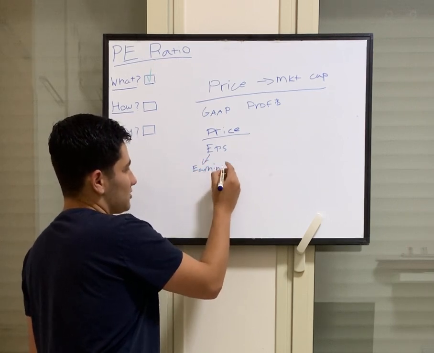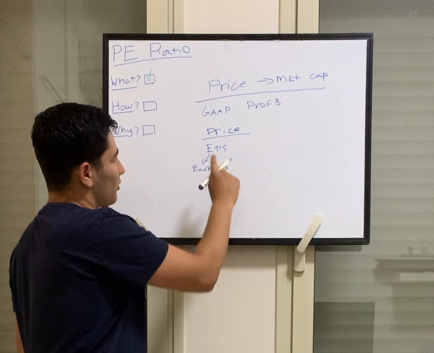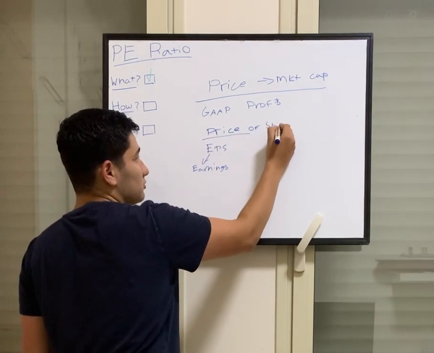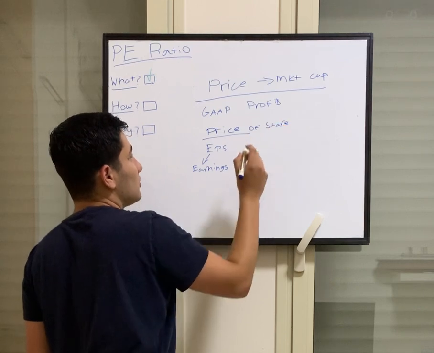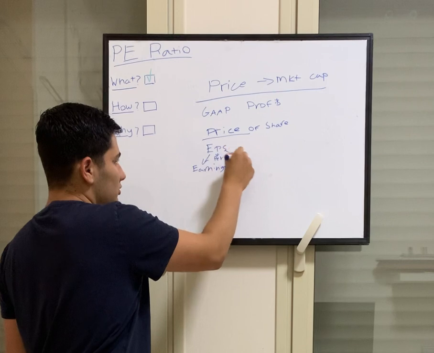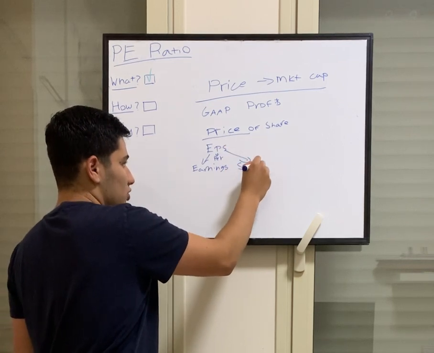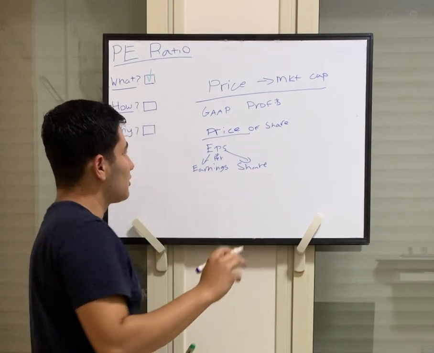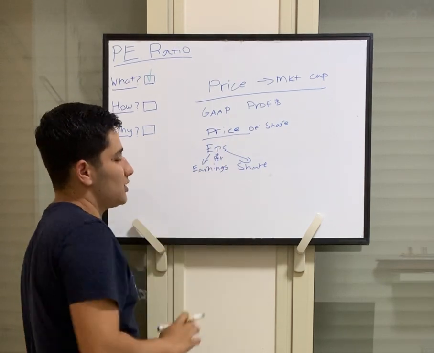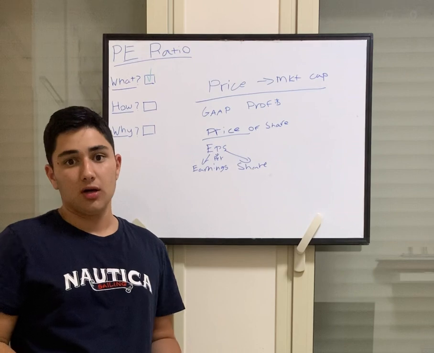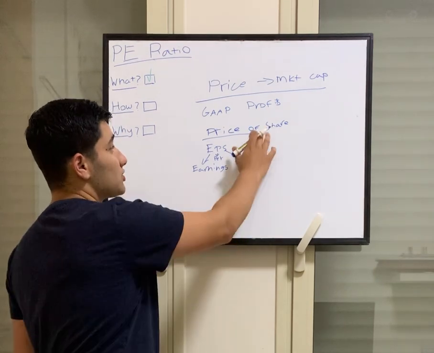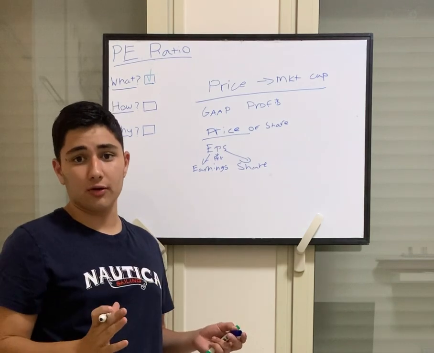I think you can guess what PS is for, as we're taking the price of one share. So if we have a company that has an EPS for the last 12 months of $1, and the company's share is $100, then we have a